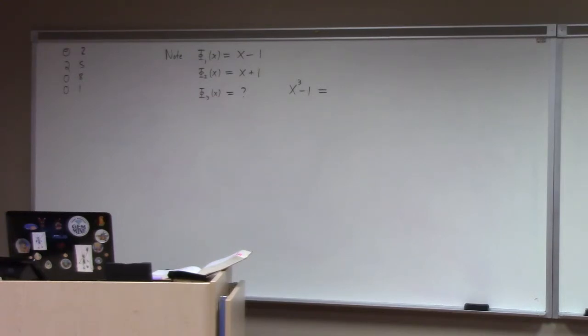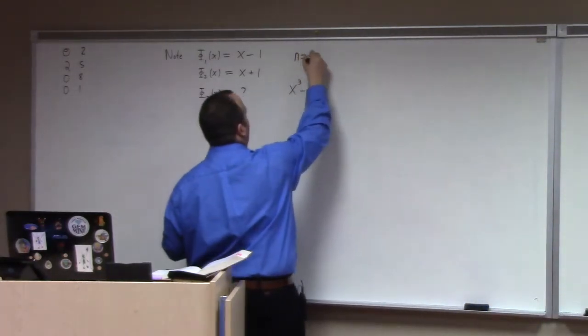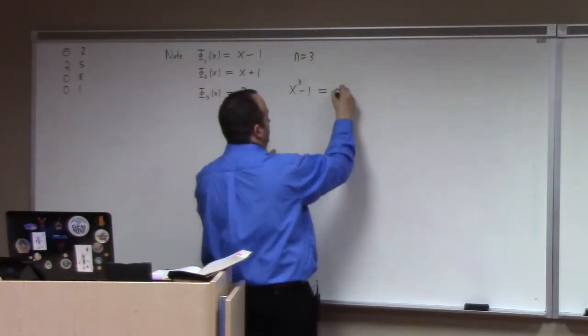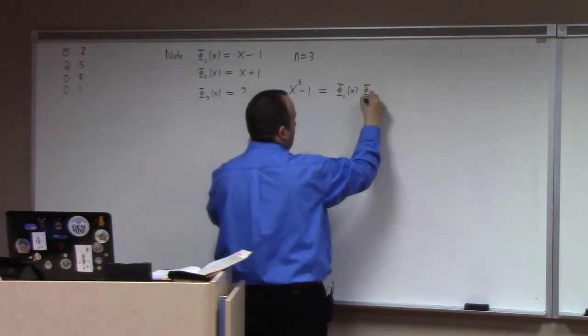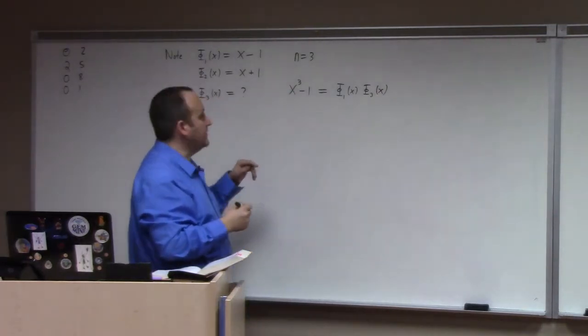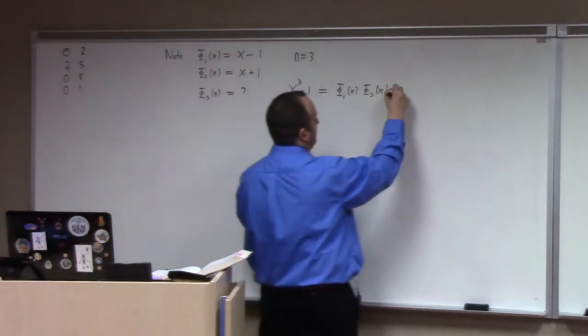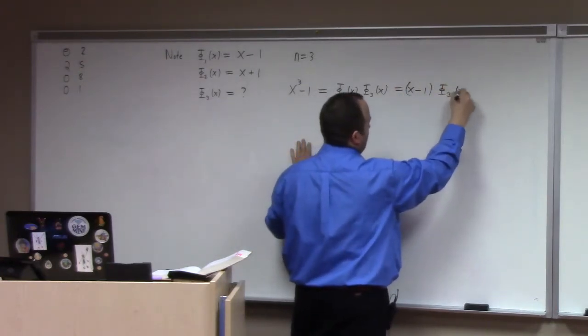What are the divisors of n, where n equals 3? What are the divisors of 3? Right. So this should be the product of phi 1 of x and phi 3 of x. But we already know that phi 1 of x is x minus 1. So phi 3 of x